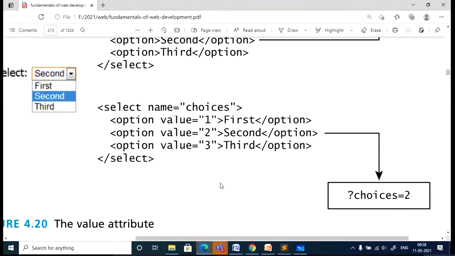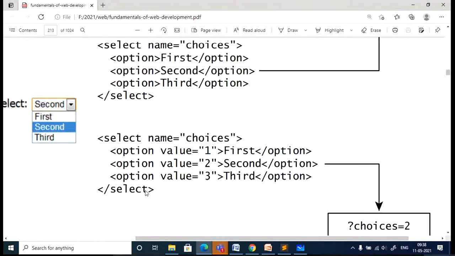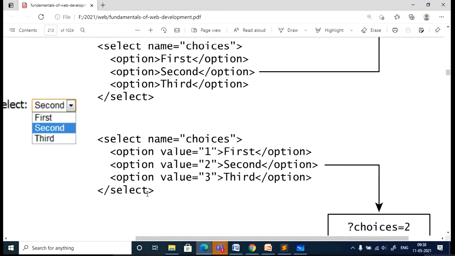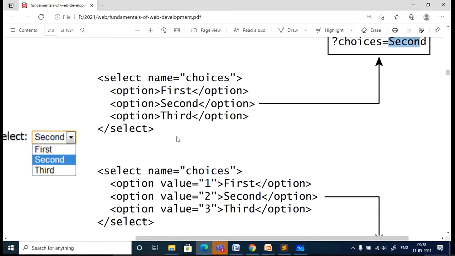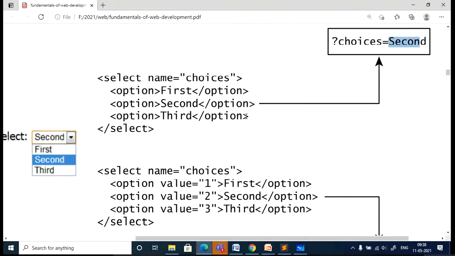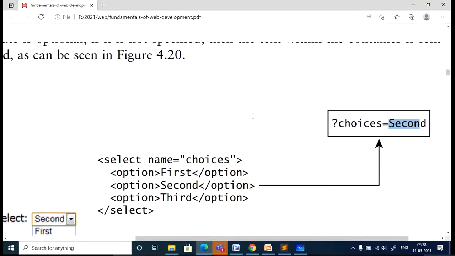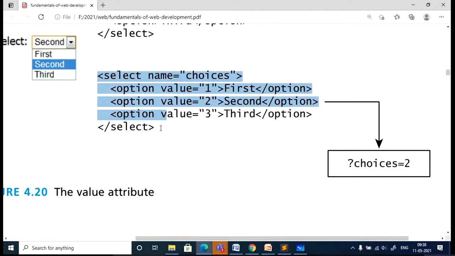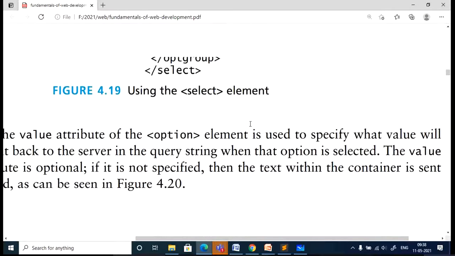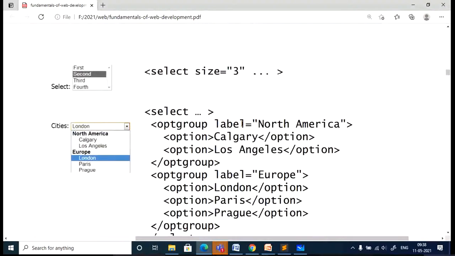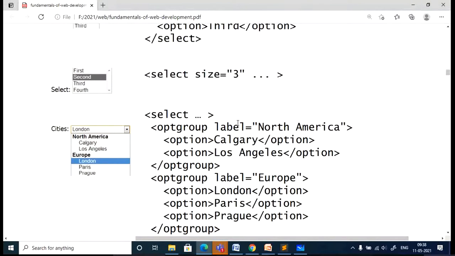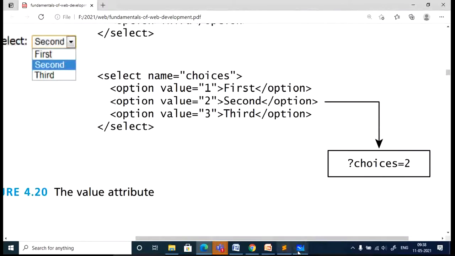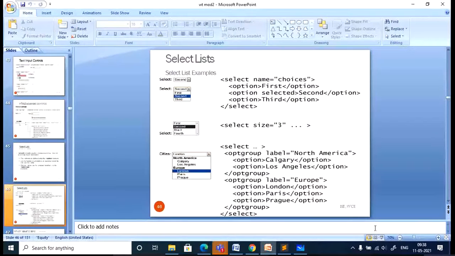Is it clear? So that is how you can specify the value attribute along with the select statement. Either of these is okay. You can just make a practice of writing any one of these, but it is a good practice to go with the value specified. So always try to use a value assigned to each tag using the value attribute. So that is about this select statement.